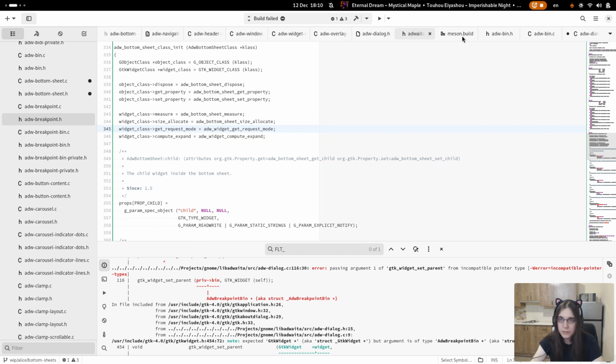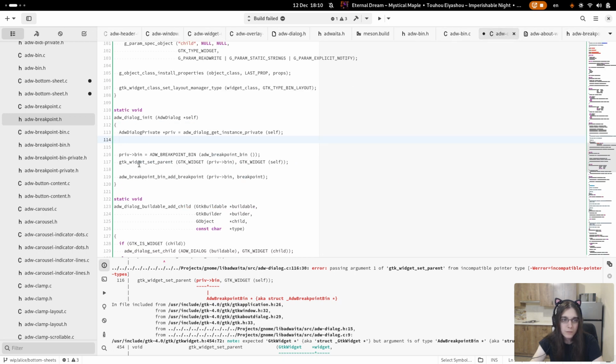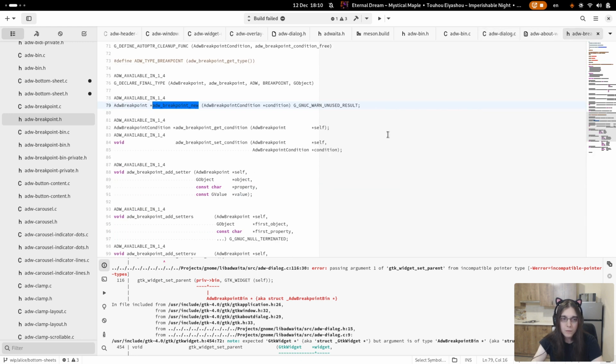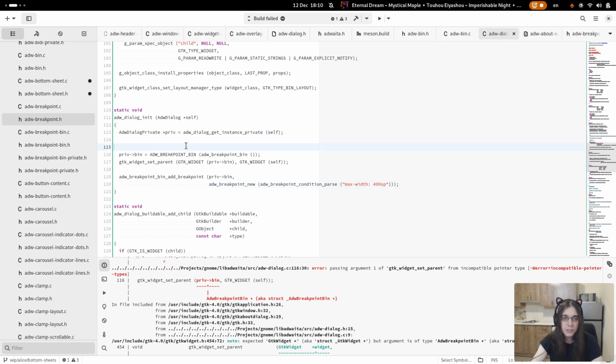Where's dialogue again? Condition parse max width, for example, this. Probably less than that. Though, of course, I need to add setters too.